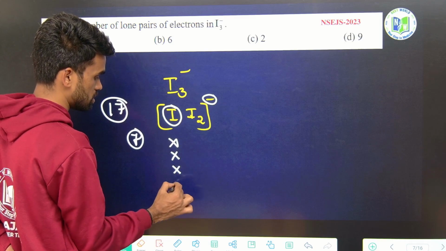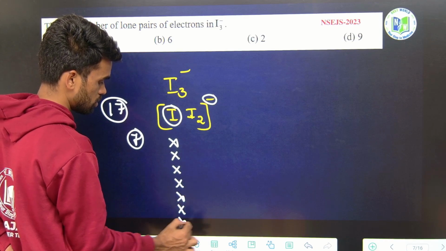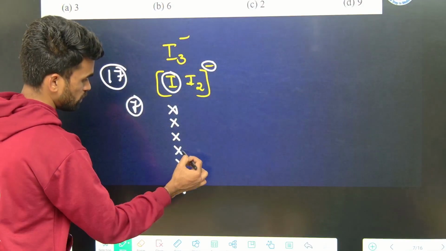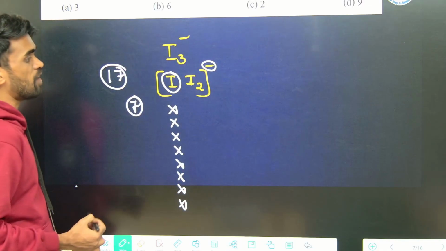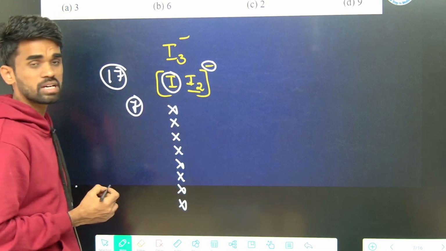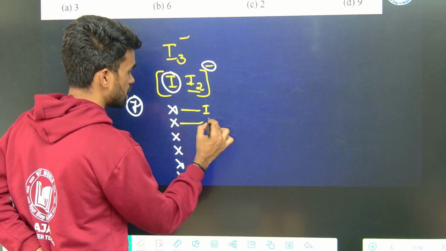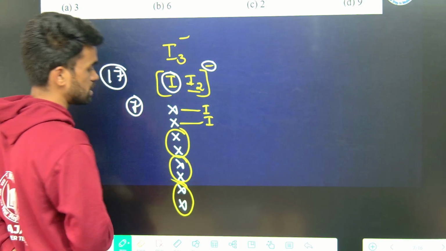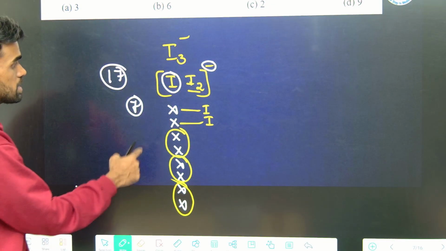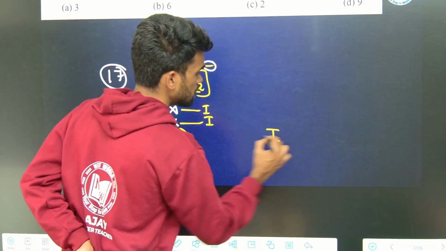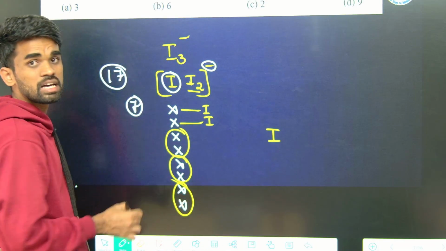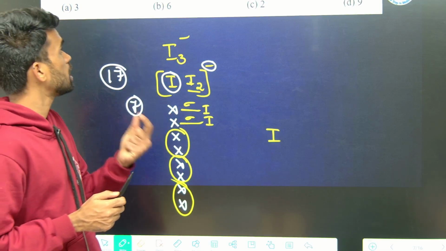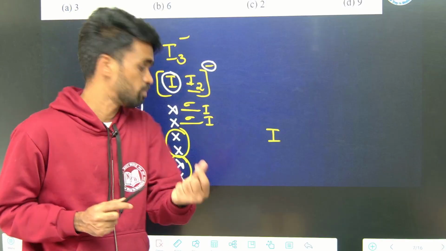Now put 8 dots like this. Okay, so how many are there? 1, 2, 3, 4, 5, 6, 7, 8. After that, see how many surrounding atoms are there? 2. So one iodine and a second iodine. Remaining, this is one set of lone pair, another set of lone pair and another set of lone pair. So what is the total number of lone pair electrons on the central atom? Iodine with 2 surrounding atoms and 3 sets of lone pairs. This is a sigma bond, this is also a sigma bond. If they ask like this, the total number of lone pair electrons on the central iodine atom, your answer should be